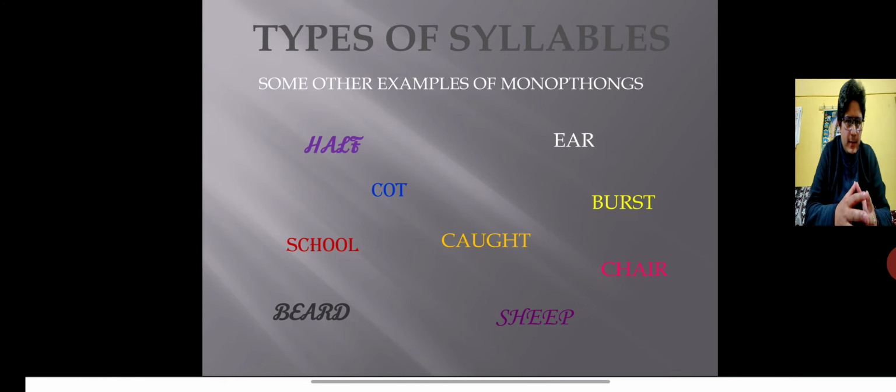Next up, we've got some other examples of monophthongs that have got one tone. If I say half, it's not half, it's half. Then we've got caught that we've already used. Then we've got burst, right? I don't call it burst, it's burst. Why? You see the same orientation. At one end you've got multiple consonants, at the other end you've got just a single consonant. So that's the sound of the vowel used stretches